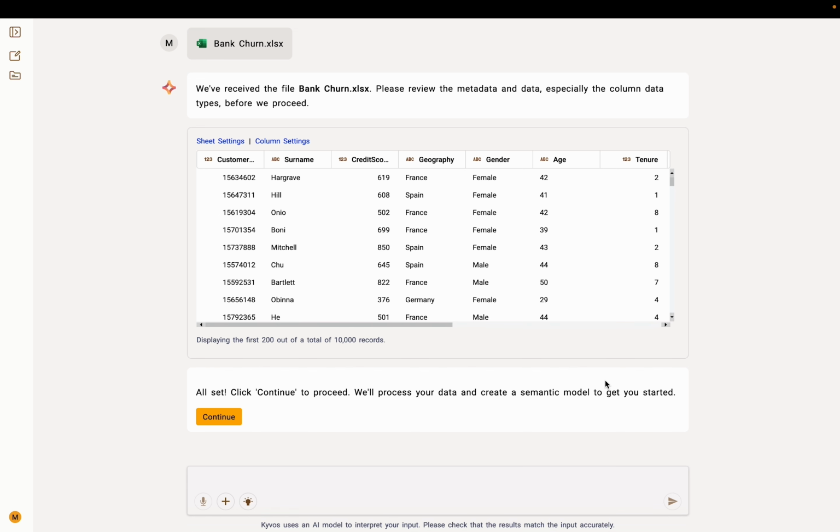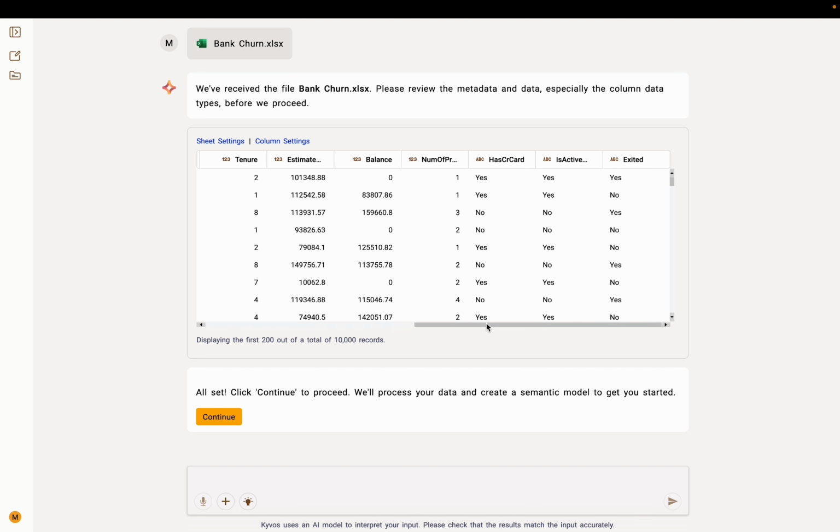Once uploaded, the file is processed and a preview of the dataset is displayed, showing fields such as customer IDs and surnames, credit scores and geographies, demographic details, estimated salaries and account balances, whether customers are active or have churned. The preview shows the first 200 rows out of a total of 10,000, helping you confirm that the correct dataset